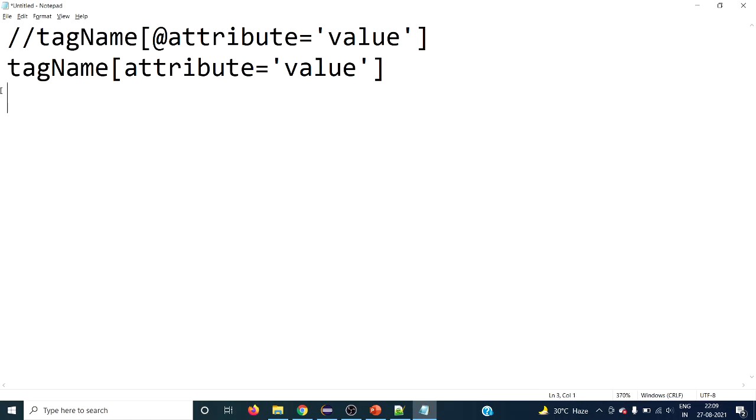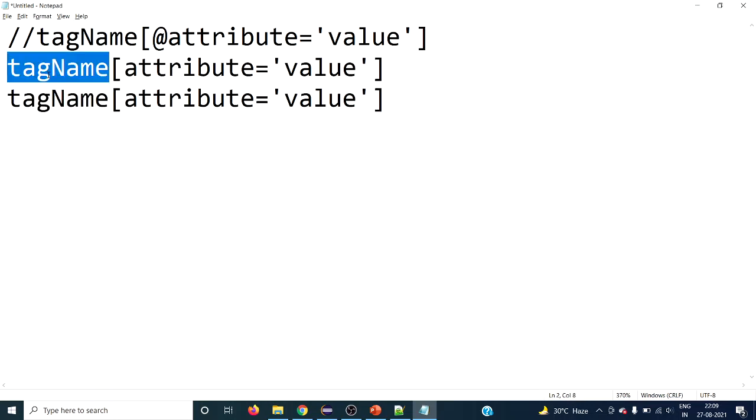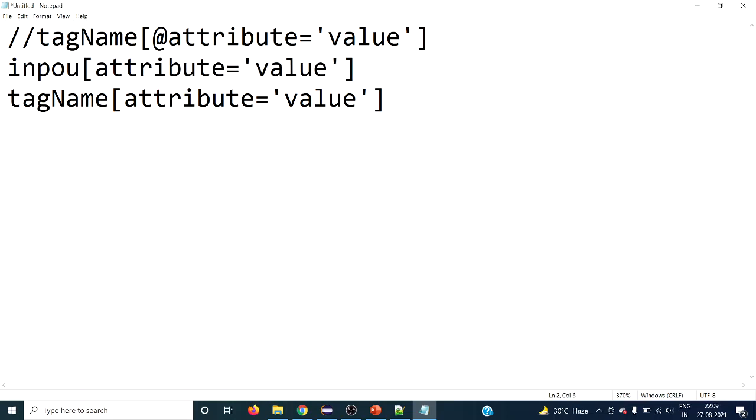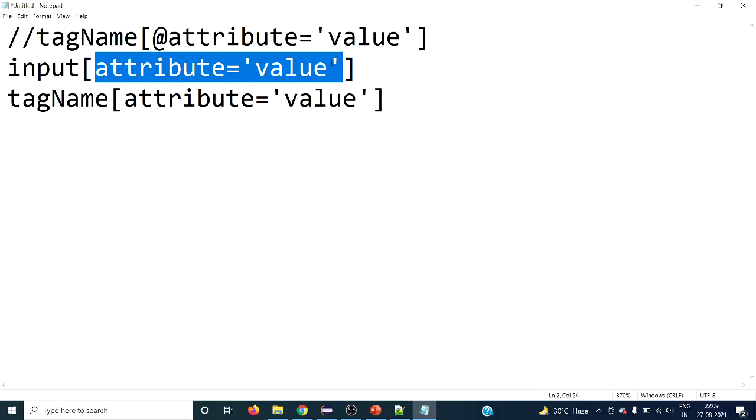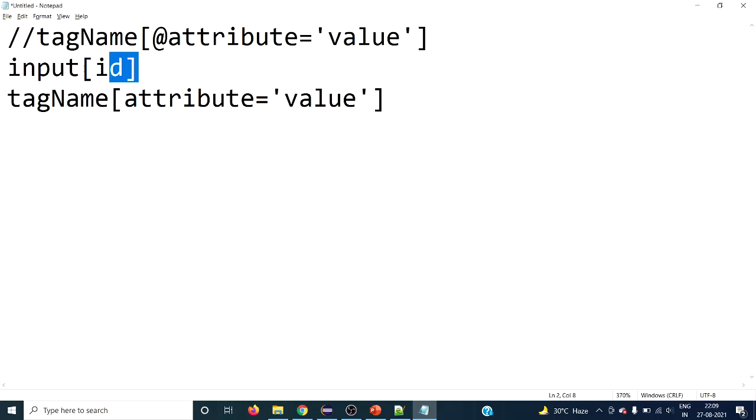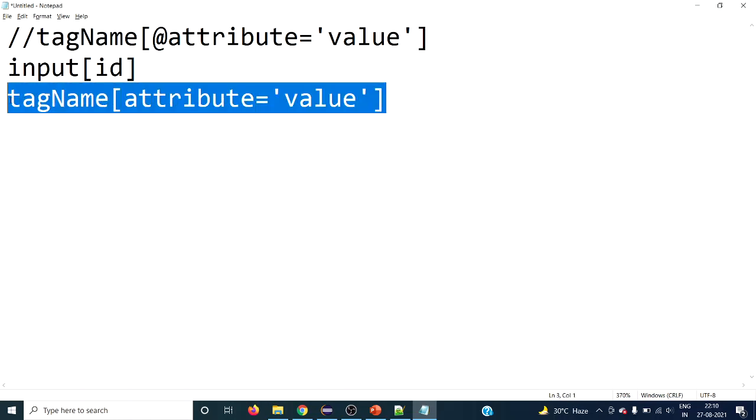If you want to select, say, this particular tag name called input that has the ID attribute, we can just type it like this. This will return many elements, every input tag that has this ID attribute. We don't have any predicate to filter, like a first index, so we will mostly not be using this. The syntax we will be using is like this.